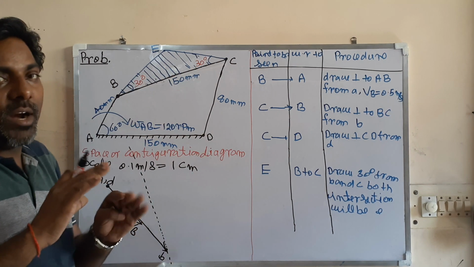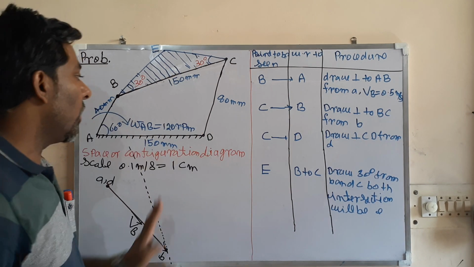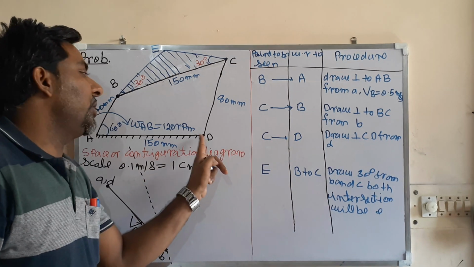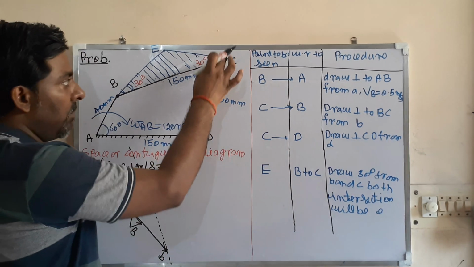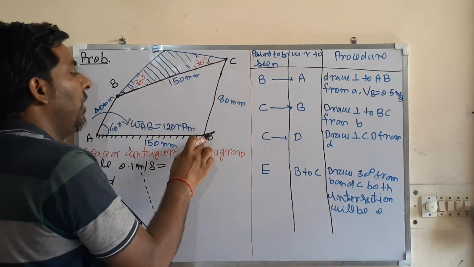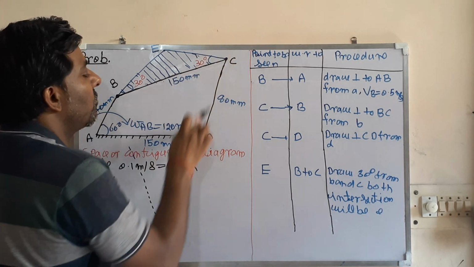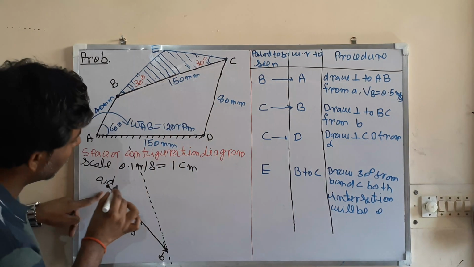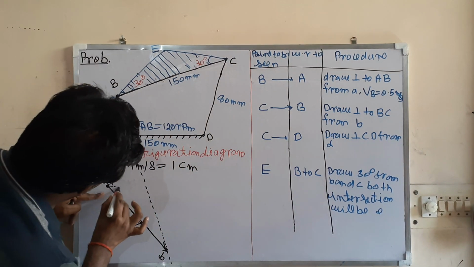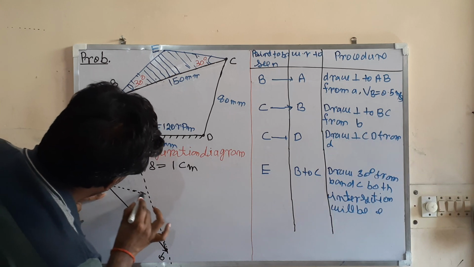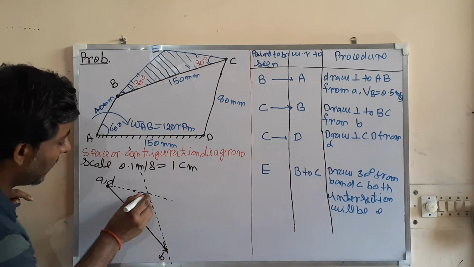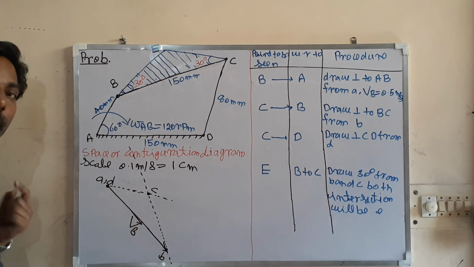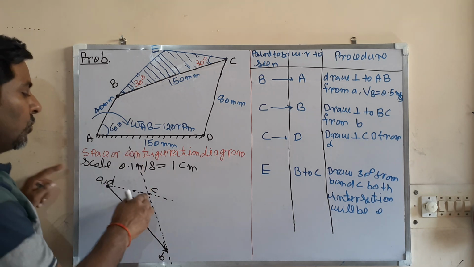So let us see the point C from some other point also. Now I am going to see the point C again from the point D. When you look at C from D, the velocity of point C with respect to D will be perpendicular to CD. So from D you will draw a line perpendicular to CD. When you draw the perpendicular lines, where these two intersect, that will be the point C. So the intersection of these two will be the point C.